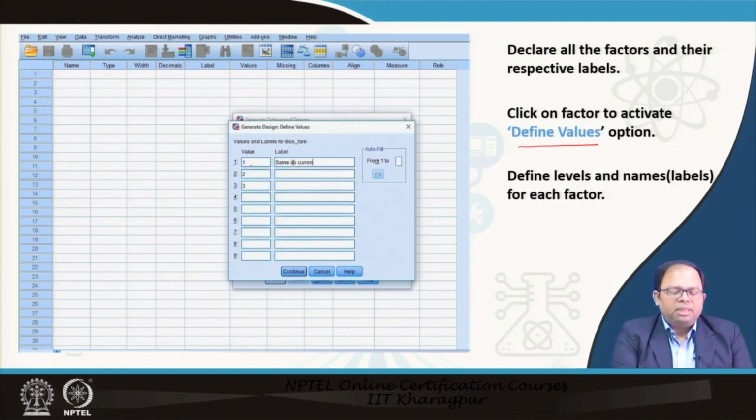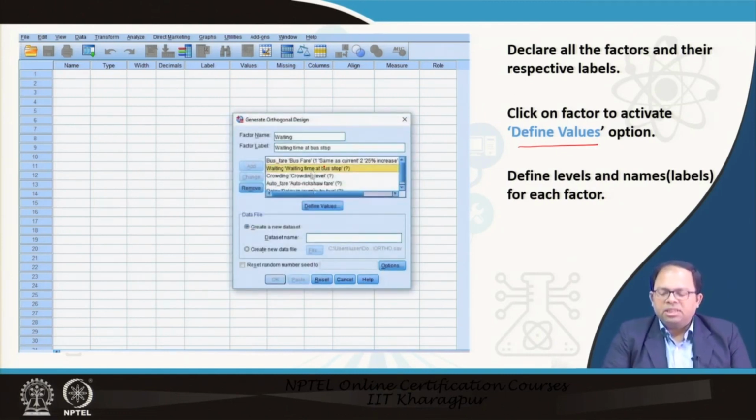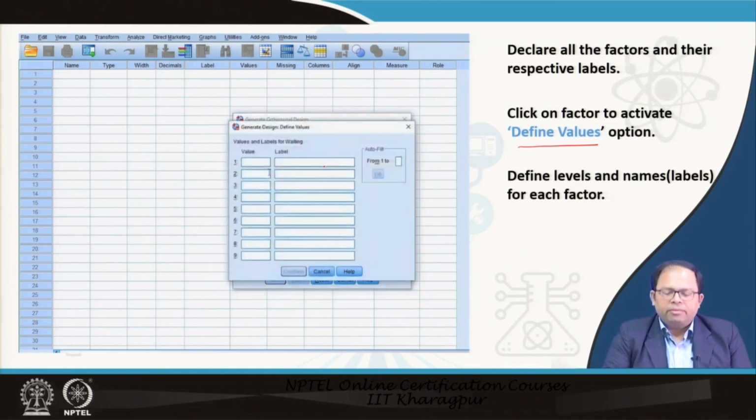These are the 3 levels, and each one is given a particular name, like same as current. The next one could be 25% increase, and the one after that could be 50% increase. So these are the different levels that we are creating. We can also do an autofill, which means that we don't need to give a label. Automatically the values that we take here would also be filled over here. Once this is done, we need to repeat that for all the different attributes, and then in the next step